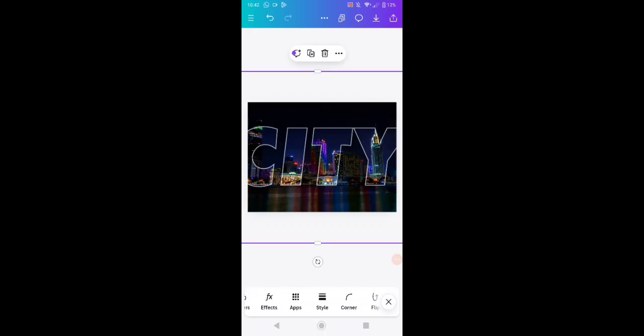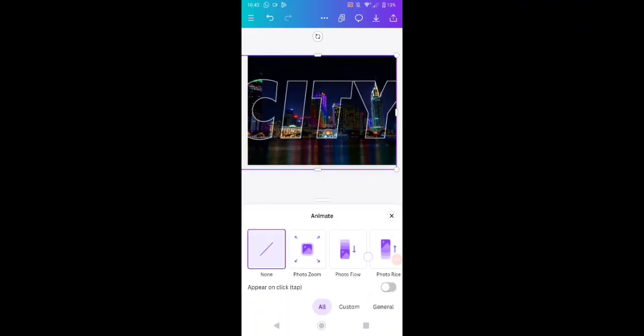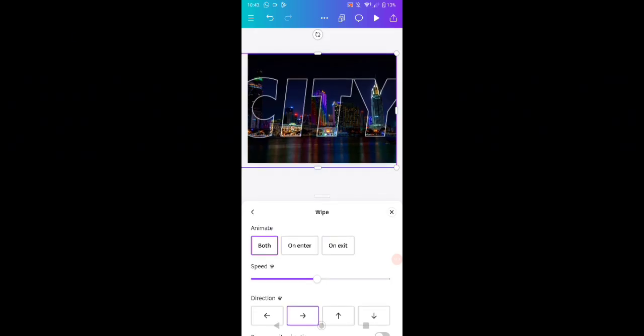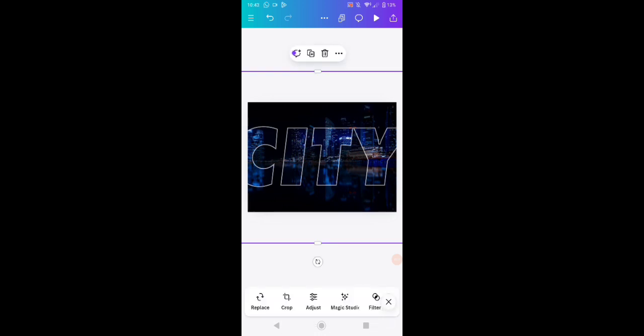And after finishing, we can add a motion. Click the layers and then click animate. For example, I will try to use this wipe animate on enter, and decrease the speed of it like this, and swipe left, go to the next page and click layer one more time,